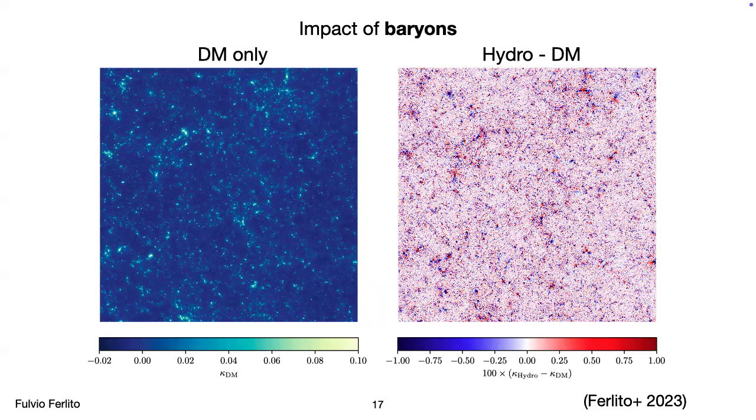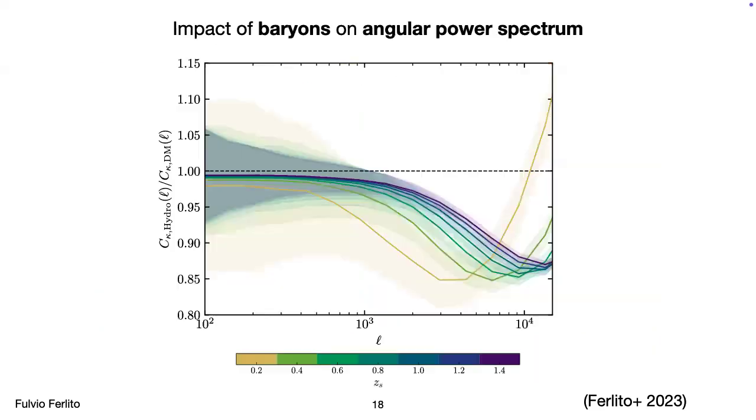What video are we looking at here? If I remember correctly, this is 10 by 10 degrees. But getting a bit more quantitative, we can compute the power spectrum. Also, let me say that we are working with full sky maps. Here, I'm focusing only on a square patch for visual inspection purposes.